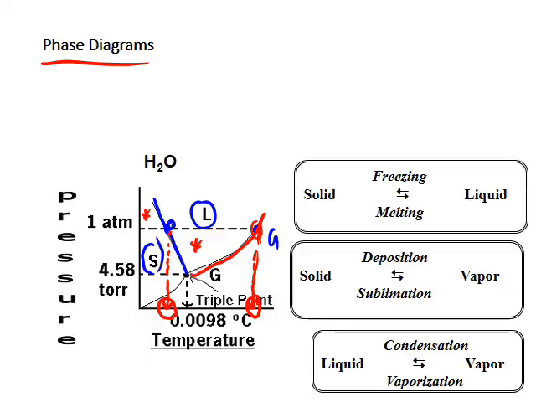Whenever you have the third curve, let me show you which curve I'm talking about, which is the solid gas equilibrium curve. That's the curve I'm showing you in green. On the left hand side of that green curve, you have solid. On the right side, you have gas. So it's called sublimation. Solid directly changing to gas. So that would happen at a pressure lower than 4.5 torr. So somewhere here.